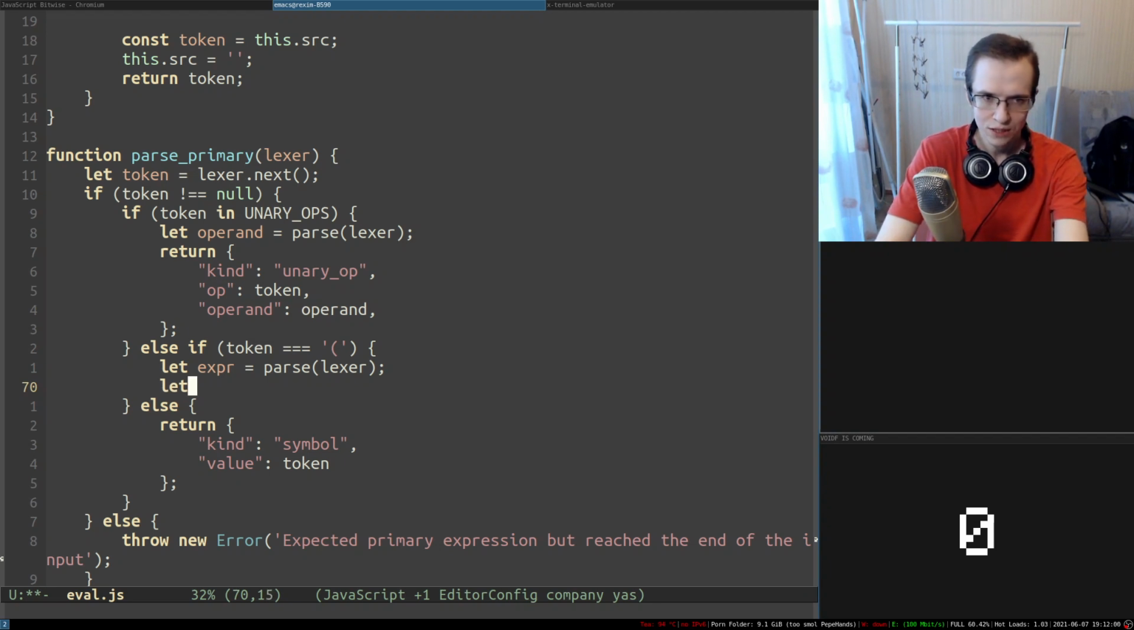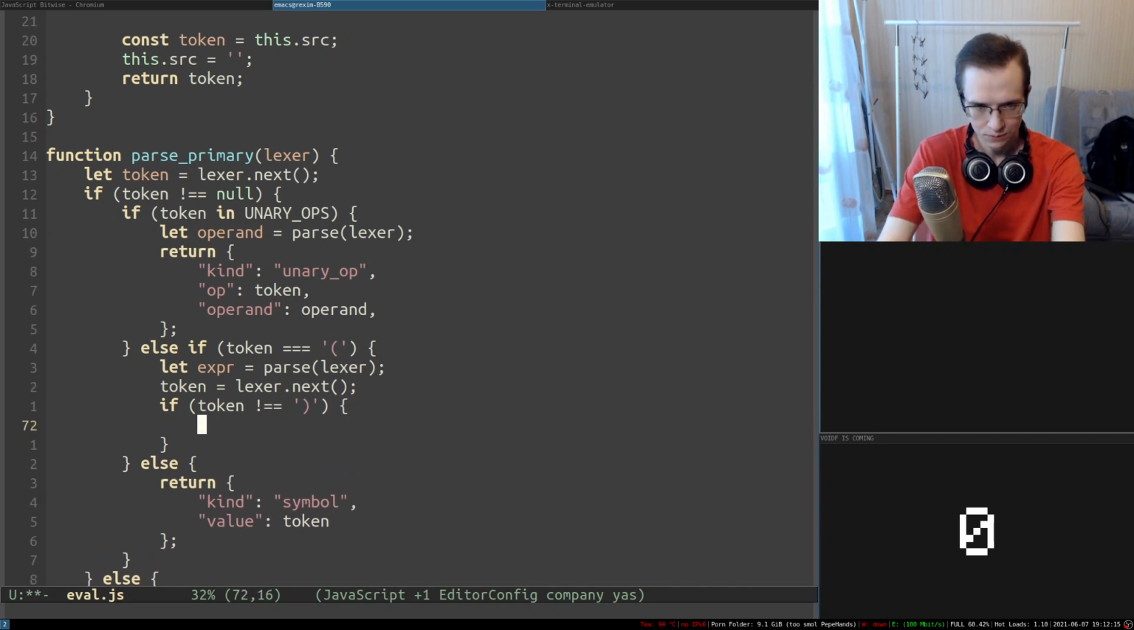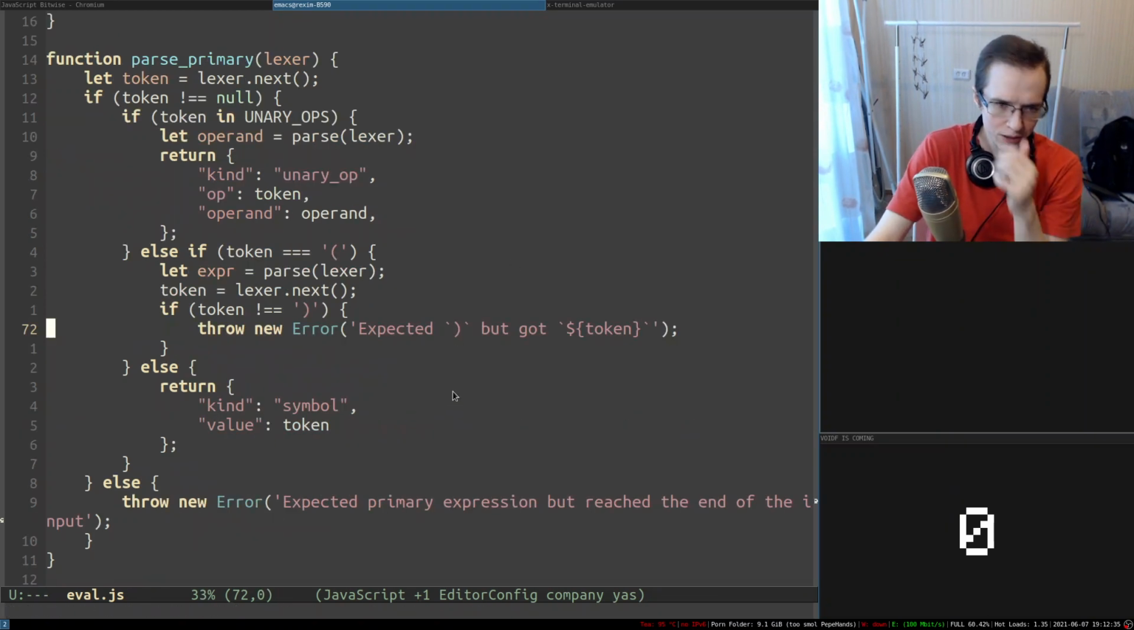After that, we need to take the next token. We might as well reassign it back to here. So it's going to be lexa next, and if token is not equal to this thing, we'll have to throw an error. Expected this, but got this. There we go. So now we should be able to support